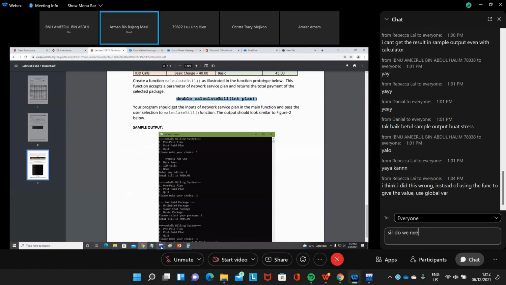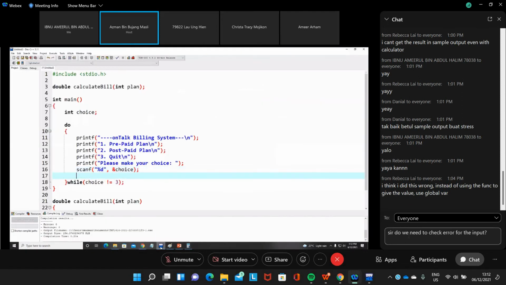And then after we let the user enter the choice number 1, we call the function calculate bill. Calculate bill will accept the choice, the plan. So we just call this function here after the user entered the value.